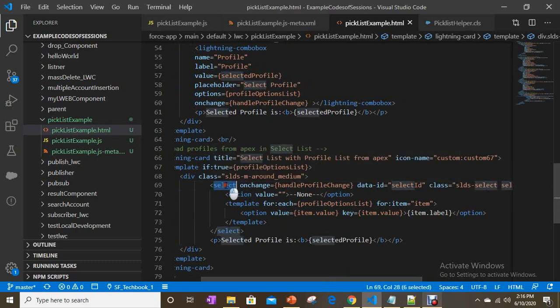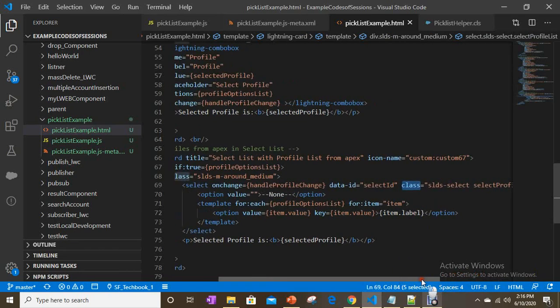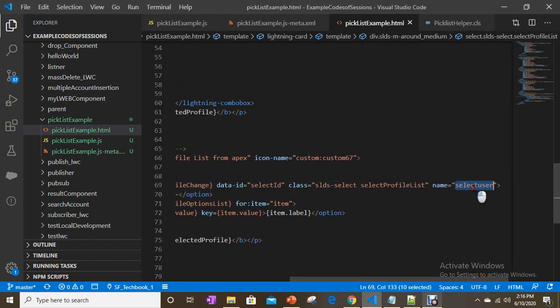Right now, on the select tag, on change, handleProfileChange, I'm calling the same method we defined, and data-id. You can access this component by ID from JavaScript or from the class also. Anyway, why do we need to access it? We will see that. I'm just defining data-id and then name select user.